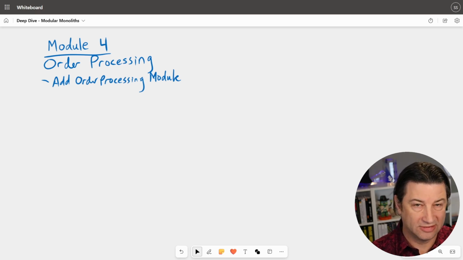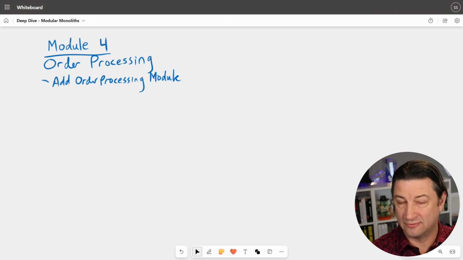Next, because the cart is in the users module and we have a new order processing module, somehow these two need to communicate. So we have a couple of choices. We could create a new order endpoint on order processing and have the cart in the user interface just post to that endpoint. The thing I don't like about that is that we can't really trust anything that gets posted to us. And so I really want to get the cart that's already been verified, that's already in persistence inside of the users module. So what we're going to do instead is we're going to post to the cart endpoint that's in the users module and say check out,